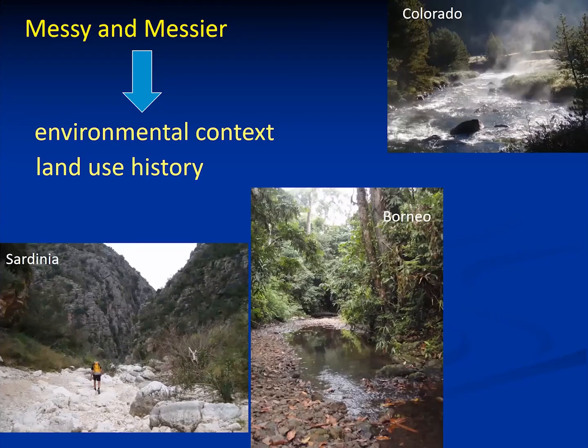Just three randomly chosen photos from very different parts of the world. The sources and forms of physical complexity are going to be different in each of these channels: an ephemeral channel in Sardinia, a small channel in the humid rainforest of Borneo, or a mountain river in Colorado. But each of them has some or multiple processes that create spatial heterogeneity and physical complexity. And those forms of physical complexity have very important implications for the characteristics of the river corridor as an ecosystem. So being able to understand those and understand what might be a natural level of physical complexity, I think, is